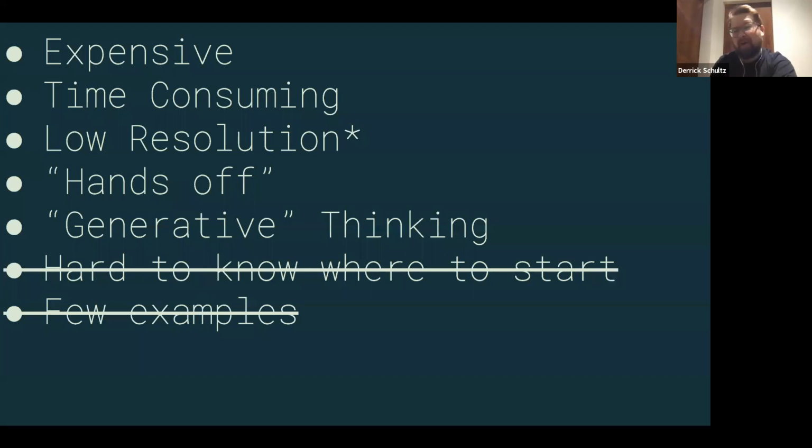It's low resolution. So we talked a little bit about how the highest resolution we have right now is 1024 by 1024. There's some models that get a little bit higher, but not really. So if you're a print artist and you want to make a really large print, this is going to be tricky for you. And there are some ways around it, but it's generally never going to be as perfect as making your own image with a camera or in Photoshop or in Illustrator, those sort of things.